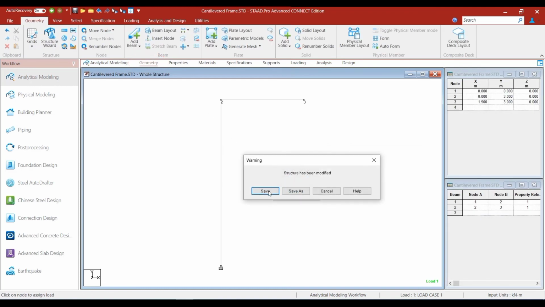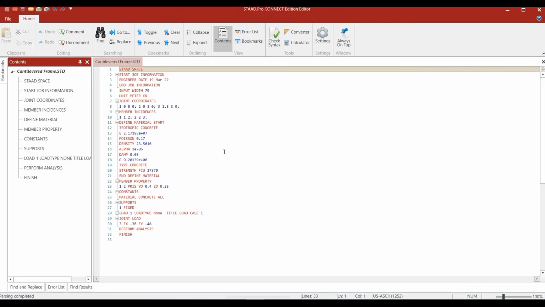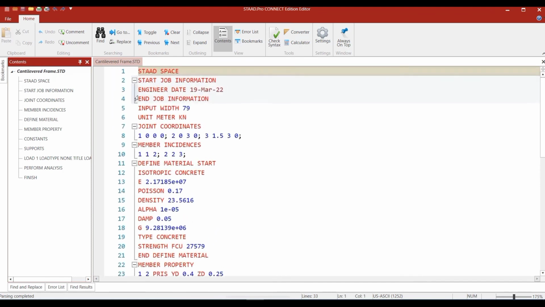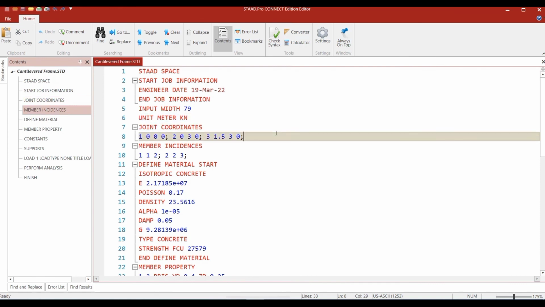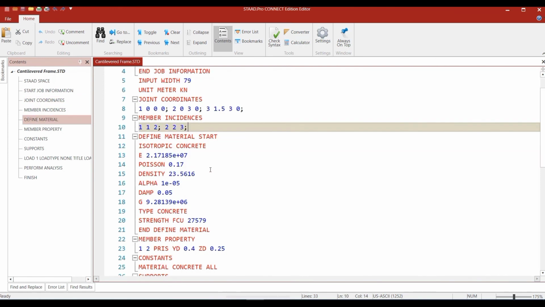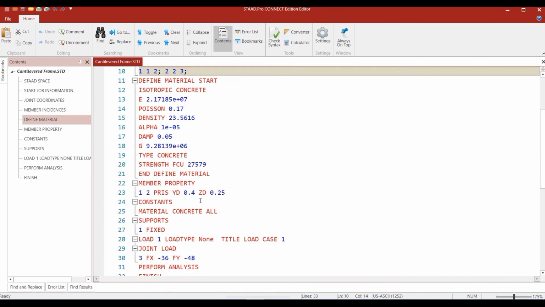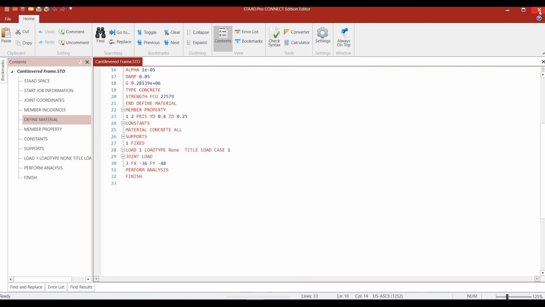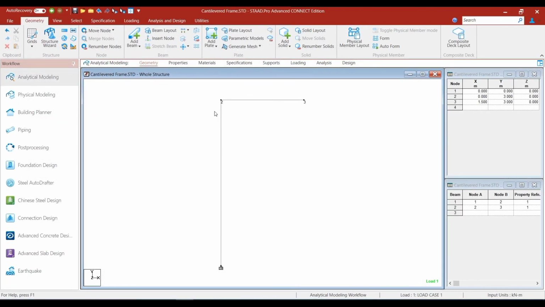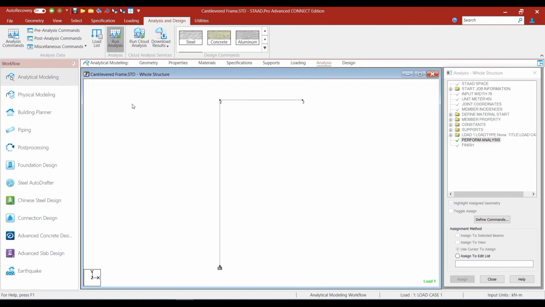So we go into the text editor and check the inputs that are defined. We have defined the units in meter and kilonewtons. And then we have defined the joint coordinates, member incidences, the material, the sectional properties, the supports, the loads. And finally, we have the perform analysis command. So we are all ready to go for the analysis. So if you run the analysis